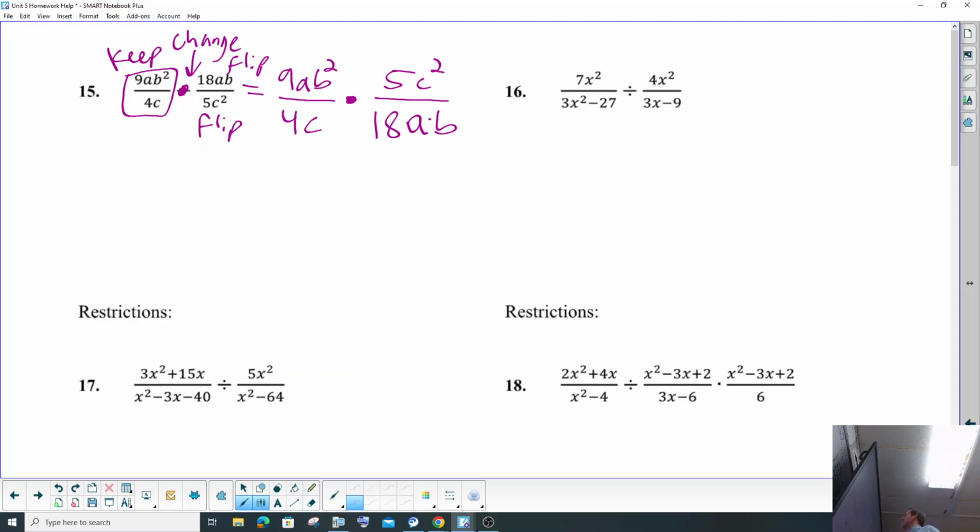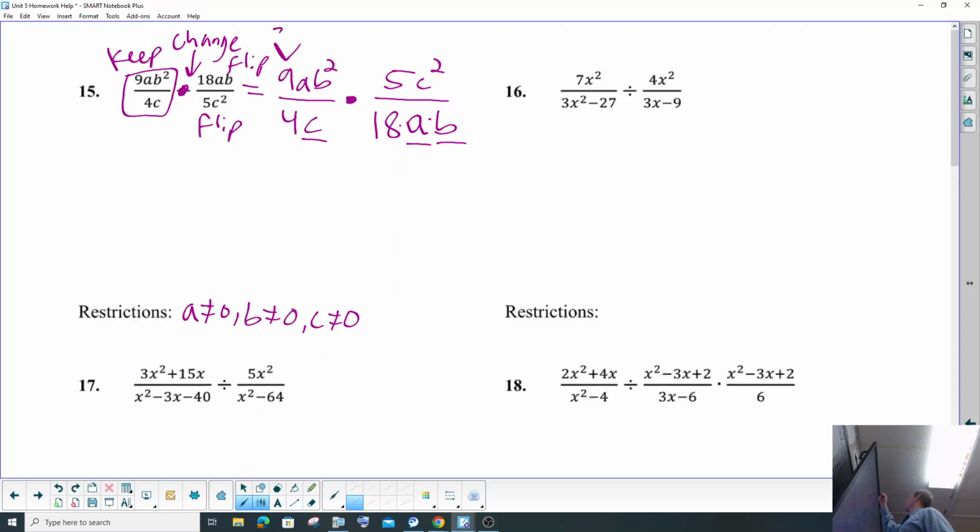Now we can reduce things. Oh, first restrictions. Remember when you have single letters, it's just 0, because anything times 0 is 0. So that just means that A can't equal 0, B can't equal 0, and C can't equal 0. Okay, so now that we listed the restrictions,